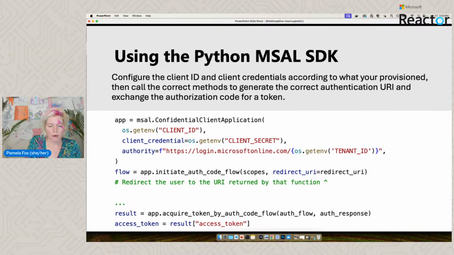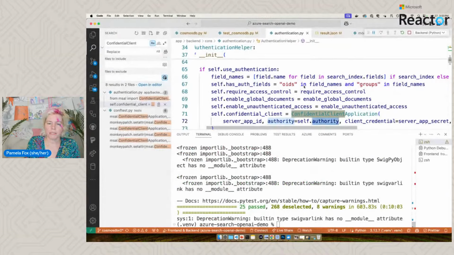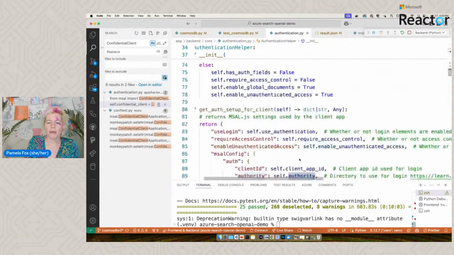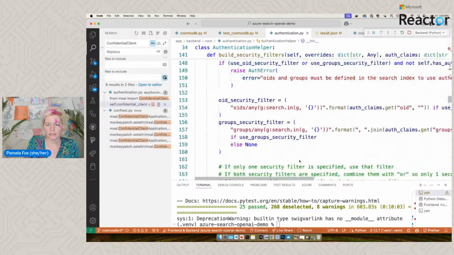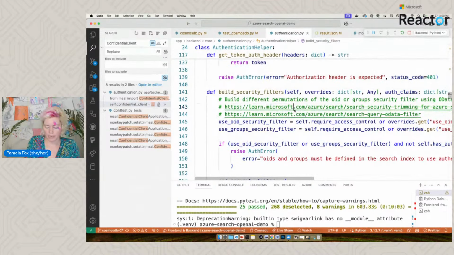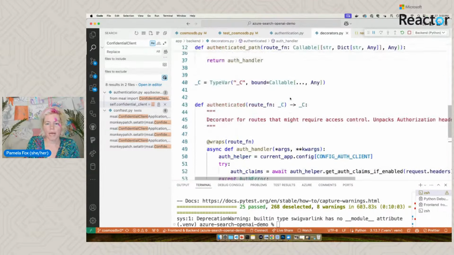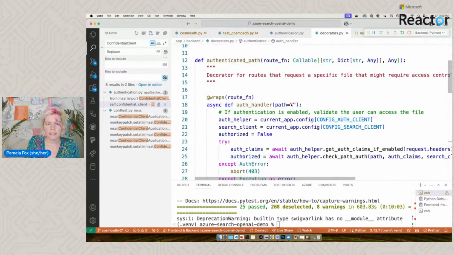And acquire a user. Now, this is what it looks like if you actually are doing a non-SPA app. For us, we actually don't need to do this flow in the application. Instead, we are receiving the token from the client, and then we need to validate it and turn it into a good token. So let's go ahead and look at this decorators.py that checks to see if